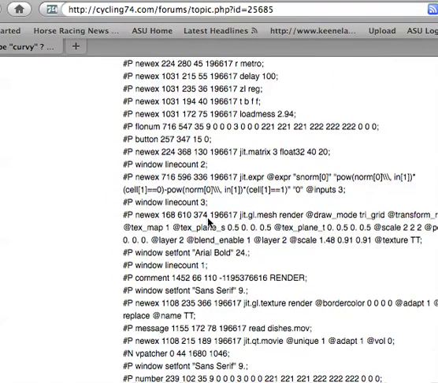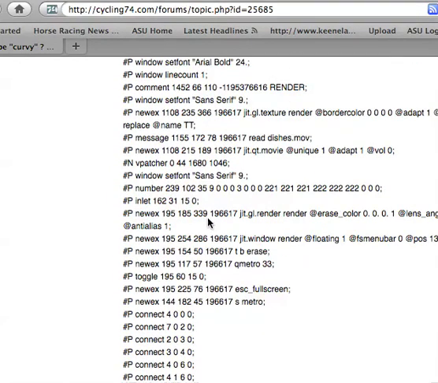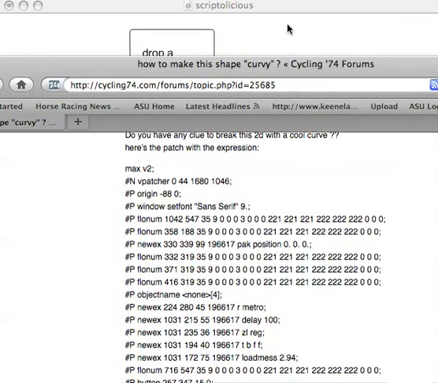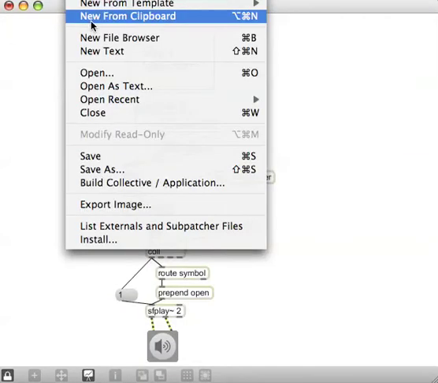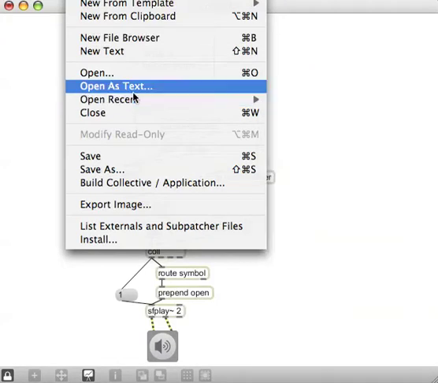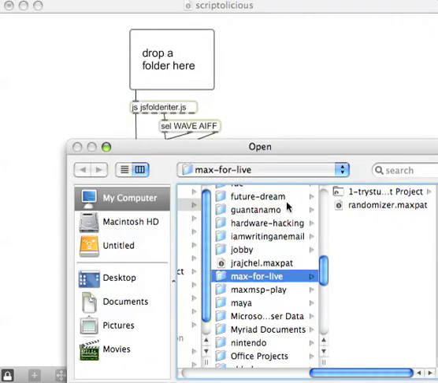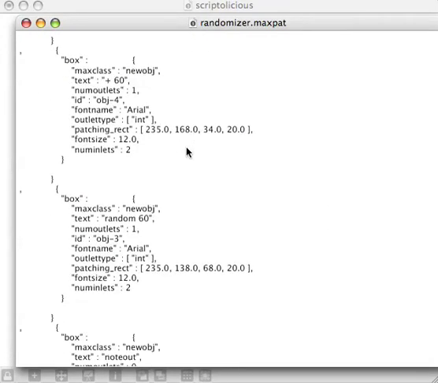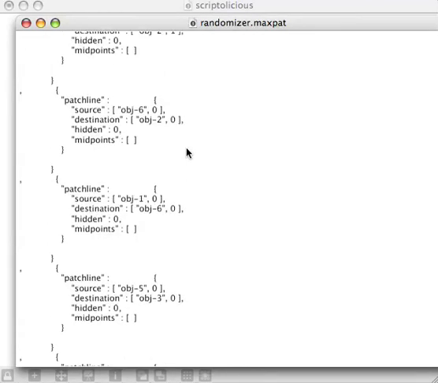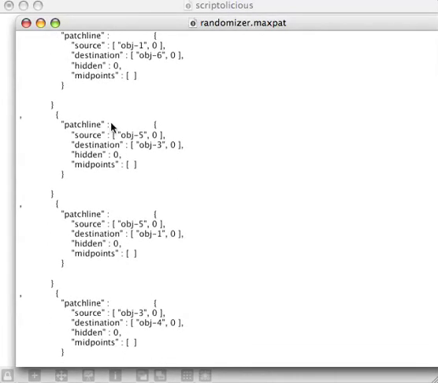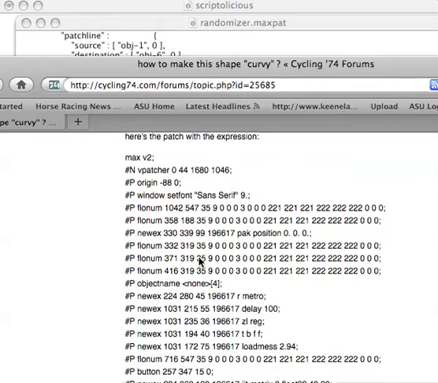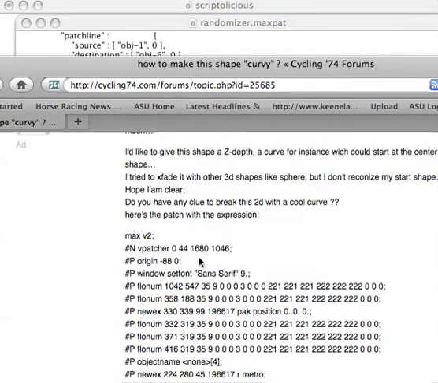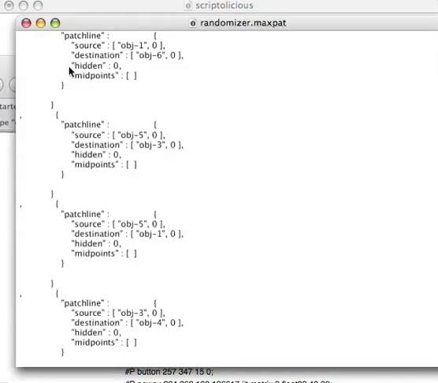This is what happened when you opened an object as text, or opened a patch as text. You would see it like this. If you do that in the new Max, let's have a look. Open as text. Here's any kind of random patch. You can see that the new textual representation for Max 5 is quite a lot different from the old representation from the earlier versions of Max. Why? I don't know, but I guess it gives you some